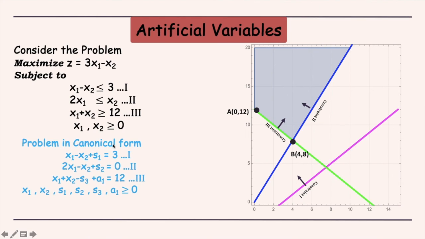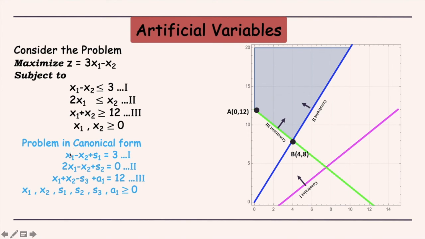In order to solve it using simplex, we first need to change these inequalities to equalities, and for that I have just taken the constraint part here. In my first constraint, I am going to attach a slack variable so that it becomes an equality. In the second constraint, I again will be attaching another slack variable. And in my third constraint, I am going to attach a surplus variable, since I have a greater than or equal to sign in the inequality, and correspondingly I also need to attach an artificial variable in the system. So this will be the constraint set for the new problem which you are going to solve using simplex.